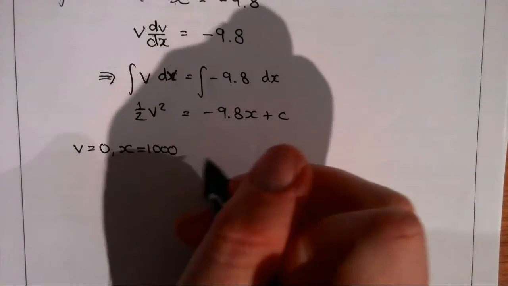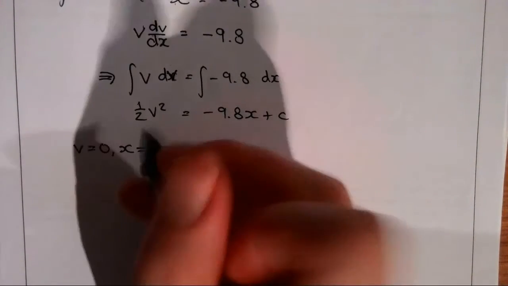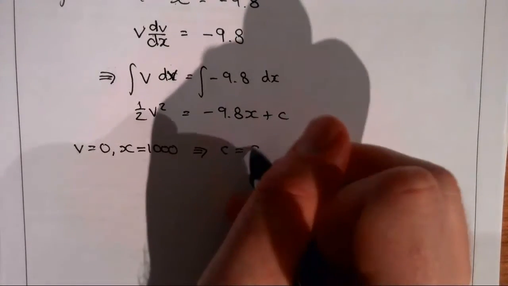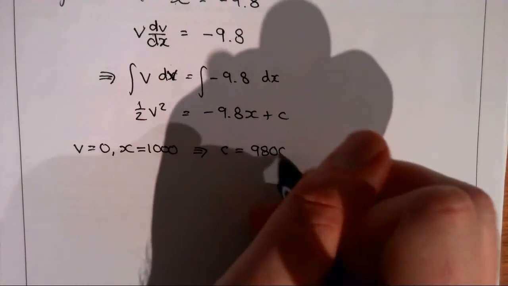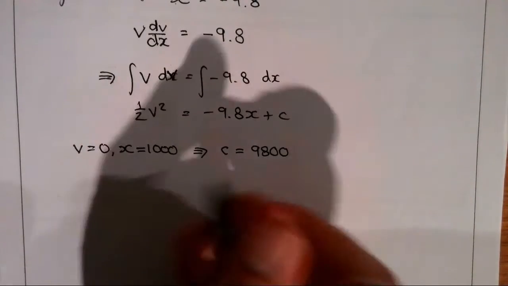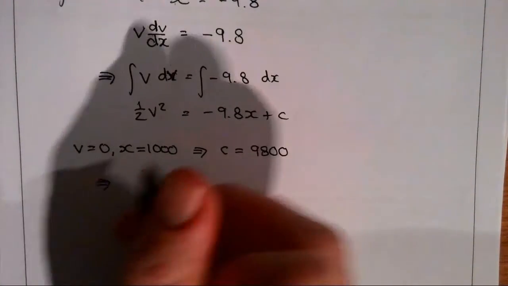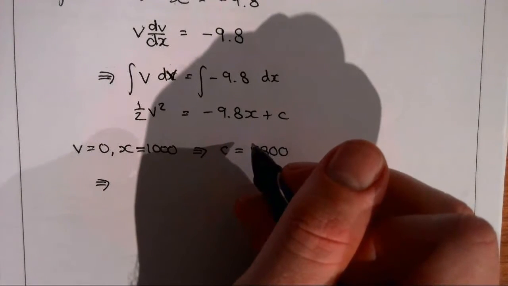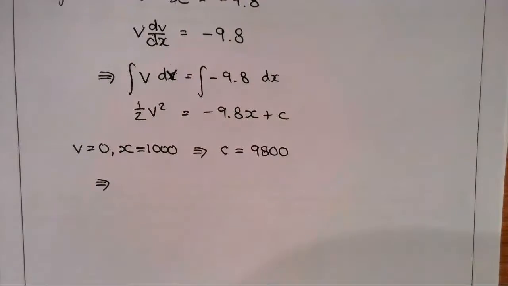And so substituting those in, v equals 0, x equals 1,000, that's going to tell me that c is 9,800. And so putting that in, multiplying by 2, and then doing the square root,